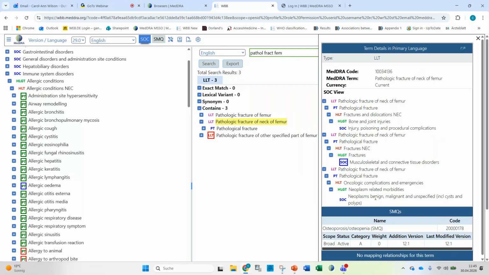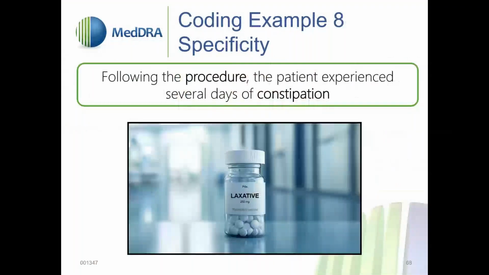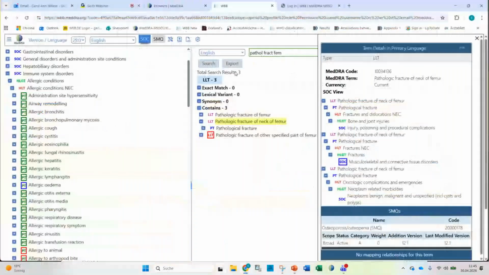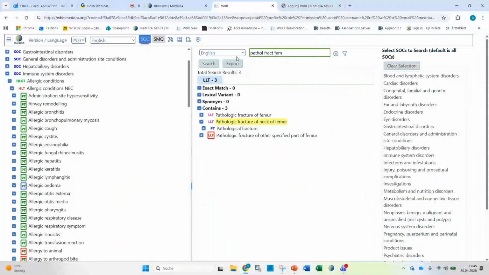Next one. Following the procedure, the patient experienced several days of constipation. So we would again try to capture as much information as possible. So if I enter constipation,